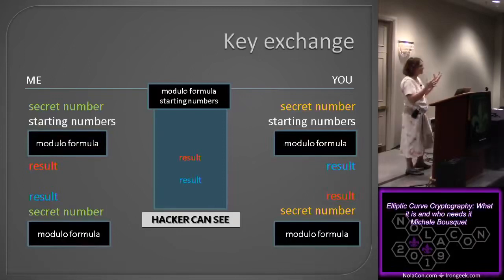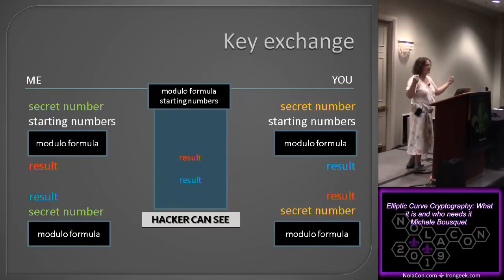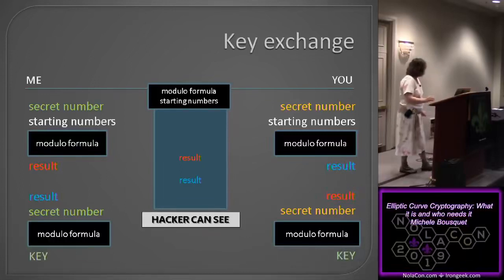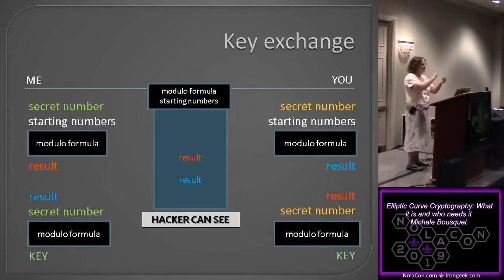and you can look up exactly the formula with this, but Diffie and Hellman found that I can take my secret number, get a result, send it to you, and take your result and do something with it with my secret number, and at the very end, we will end up with exactly the same key. And it's actually really cool. The first time I saw this, I was like, oh my God, that's so cool. And I did some 3s and 7s and 5s, very low numbers, to try it out, because it is really interesting and very cool.